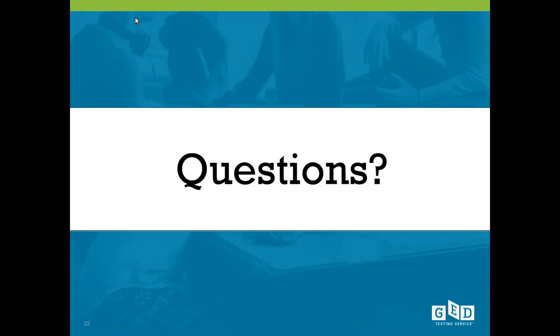The last, let's see, question here, how are we defining a slow learner? Sometimes candidates will just submit documentation and the disabling condition will be a slow learner. So it's not our definition of a slow learner, it's the documentation that comes in and says that they are a slow learner. A slow learner is not a documented disability under the ADA. They need to have some sort of an ADA disabling condition to be able to apply for accommodations.